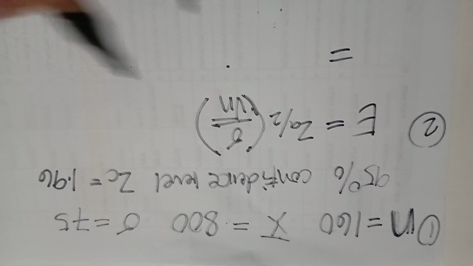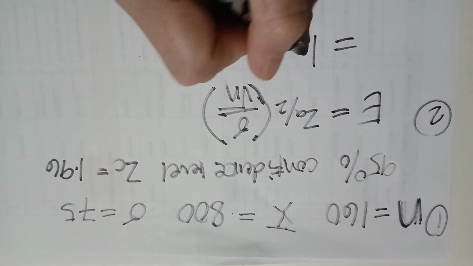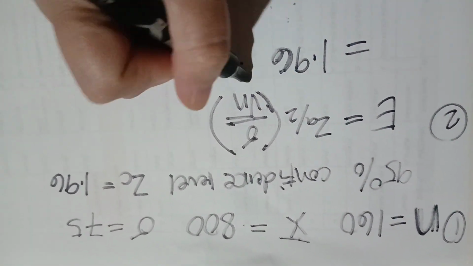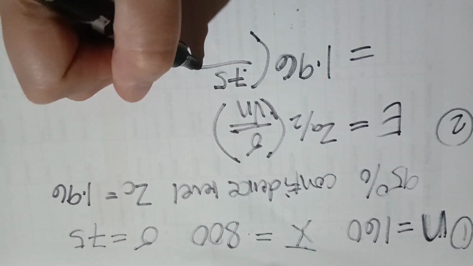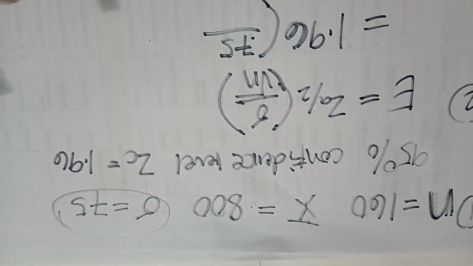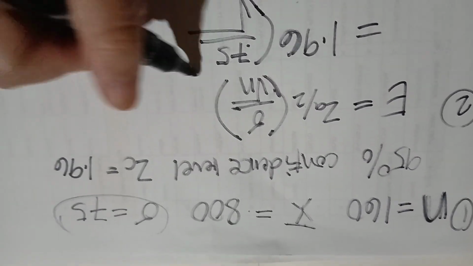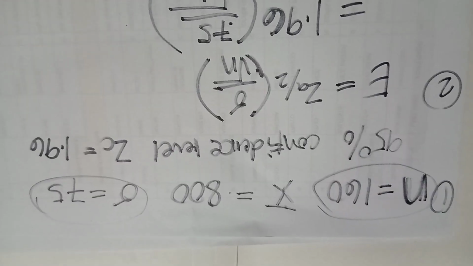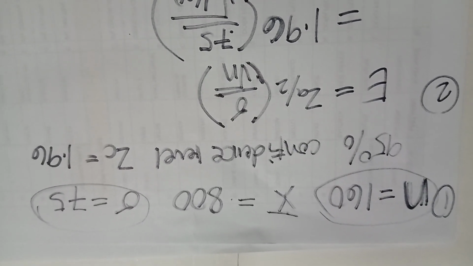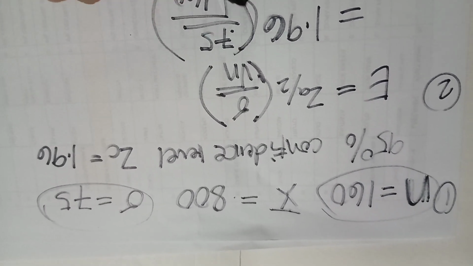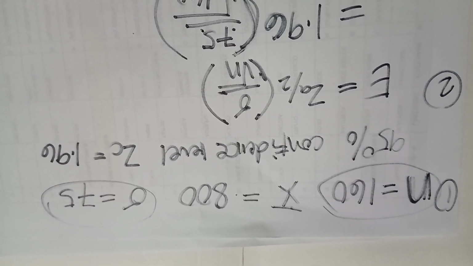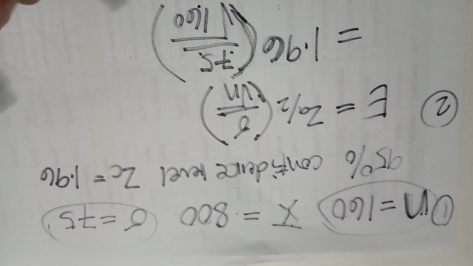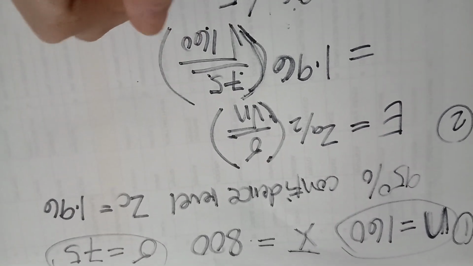Substituting the given data, we have 1.96 times 75, the population standard deviation, over the square root of the sample size, 160. So the quotient between 75 divided by the square root of 160 is